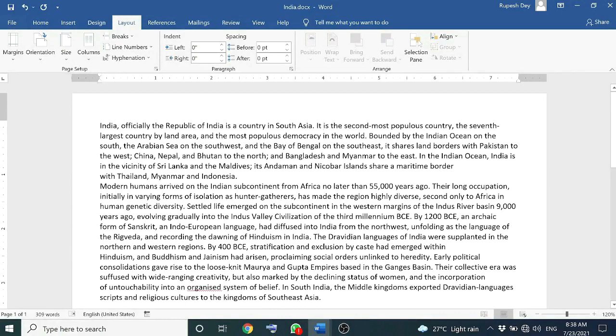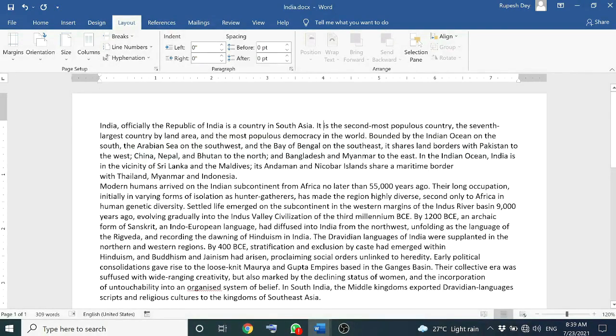Next is indentation. What is that? The space between the text and the left or right margin of the page. Means from this margin we can leave some space to indent the text in between the left and right margin horizontally. Actually indents are added to make the text more eye-catching. Indents specify the distance between the page margin and the actual appearance of the text in a text area. There are 4 types of indents: left indent, right indent, first line indent and hanging indent.